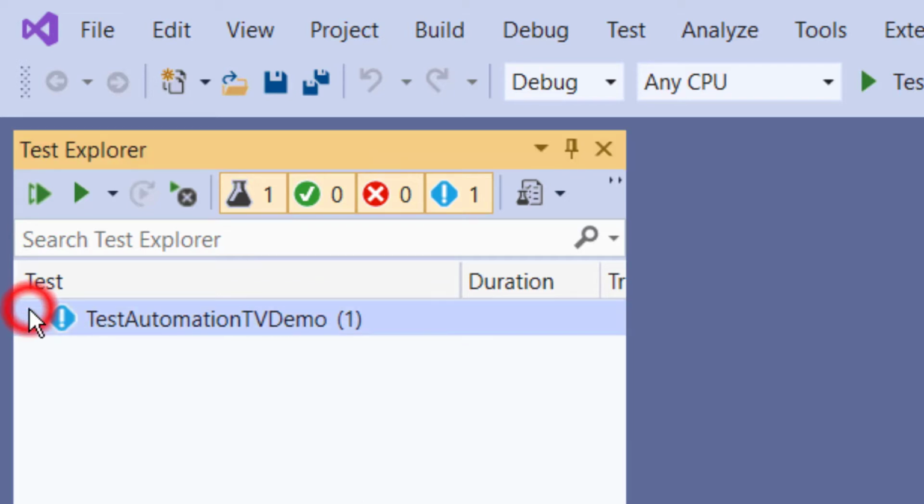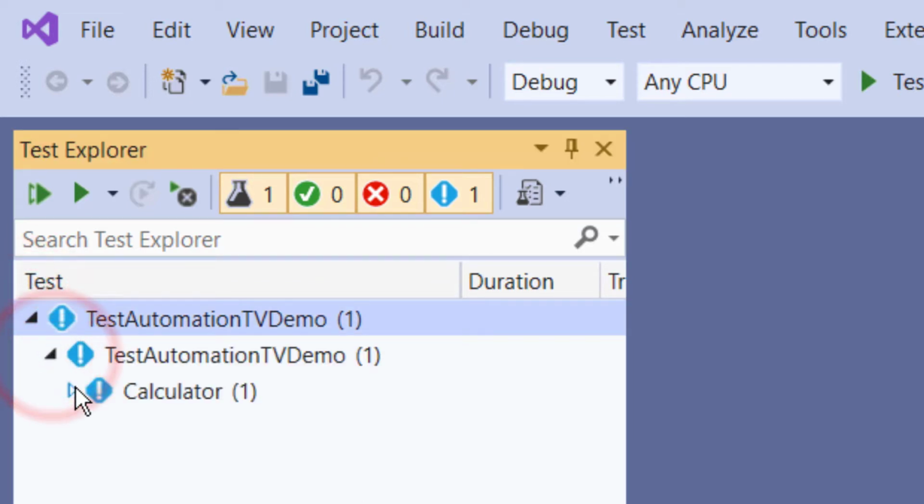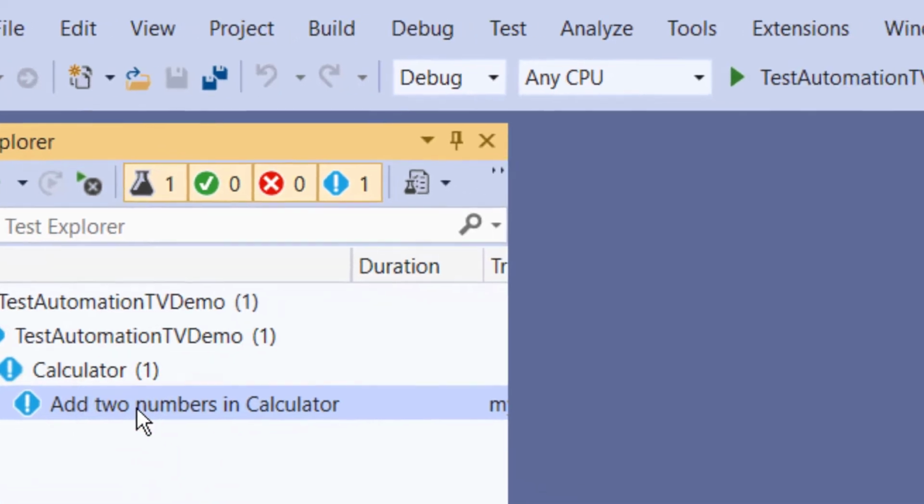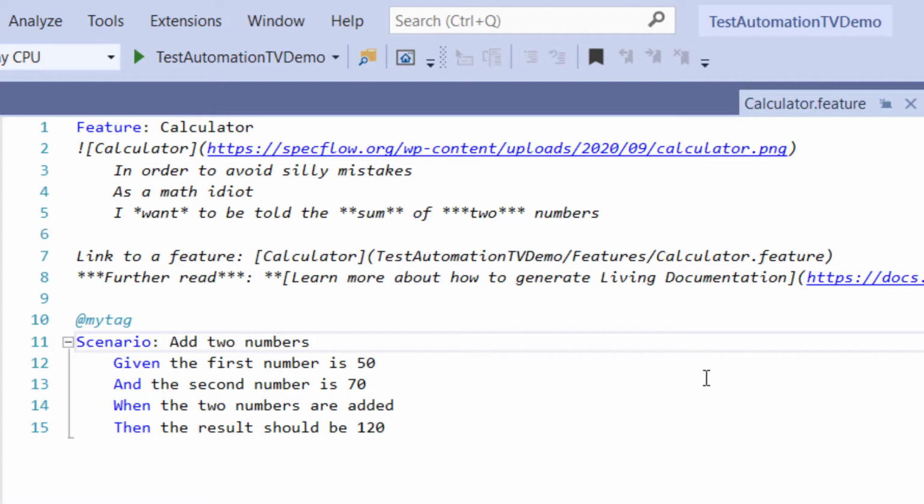This is the sample test. If I double click the test name, add two numbers in calculator, it is going to open the feature file for this test.